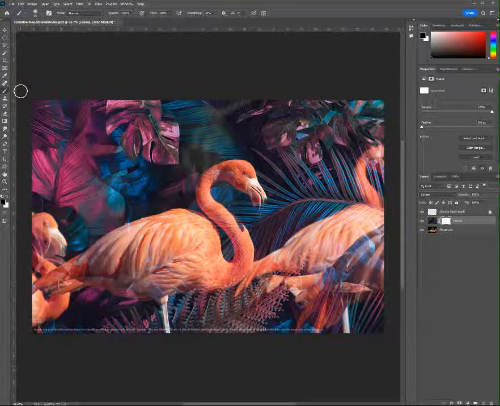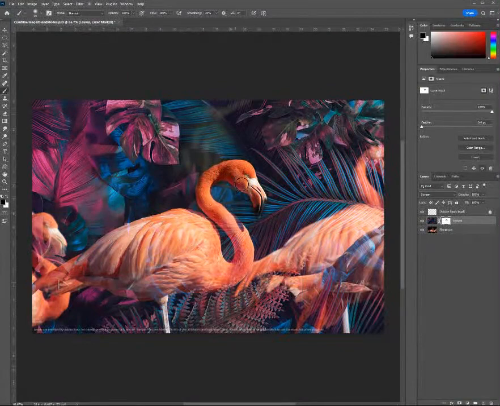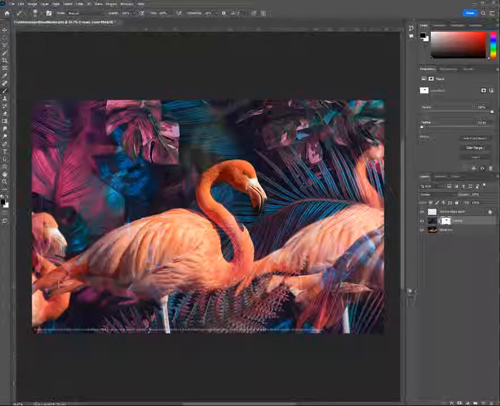We want to change and paint over the flamingo's head to make it appear so that we don't see the leaves on top of it. So what I'm going to do is I'm hiding the leaves that are on that part. To do that, I'm going to paint with black and trace along the flamingo's head so that it removes and it's hiding the leaves that we see in that layer. Okay, so I painted over his head, and then the next thing I'm going to do is I'm going to